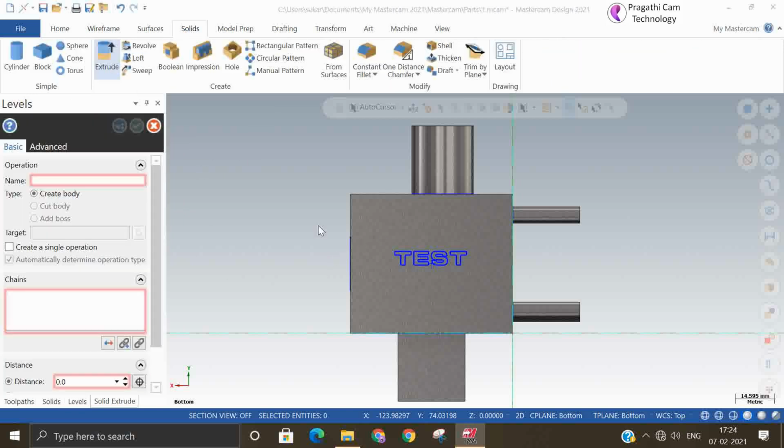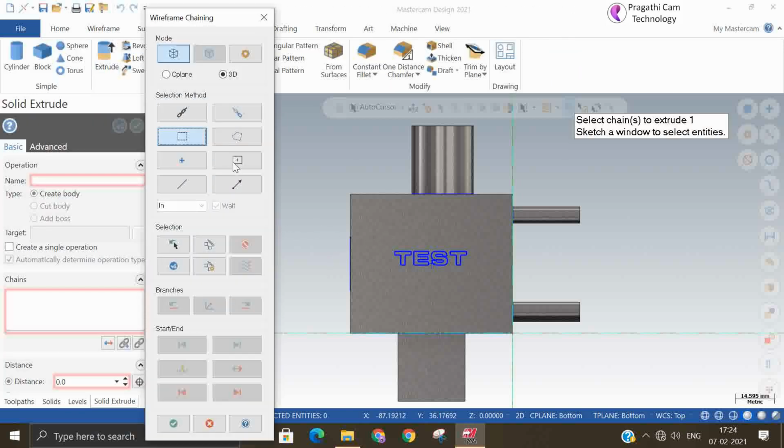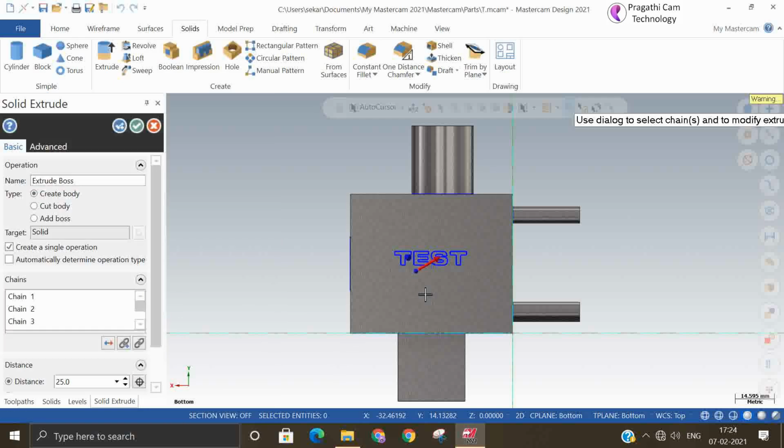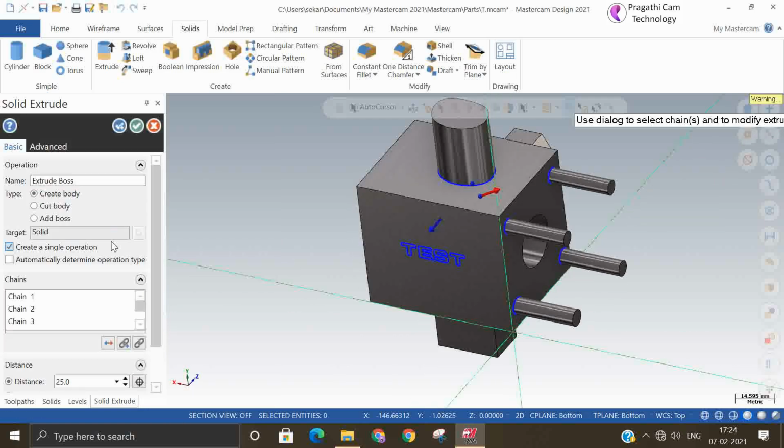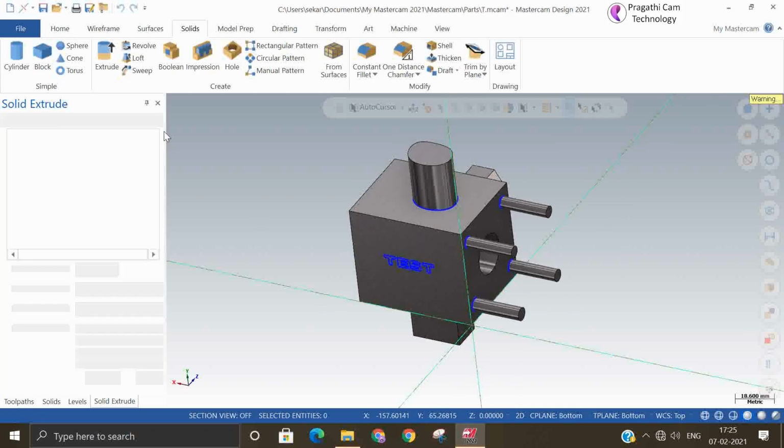Extrude this entire window because window is easy. So select it. Direction we need to change opposite. Add boss. Some error it is showing.